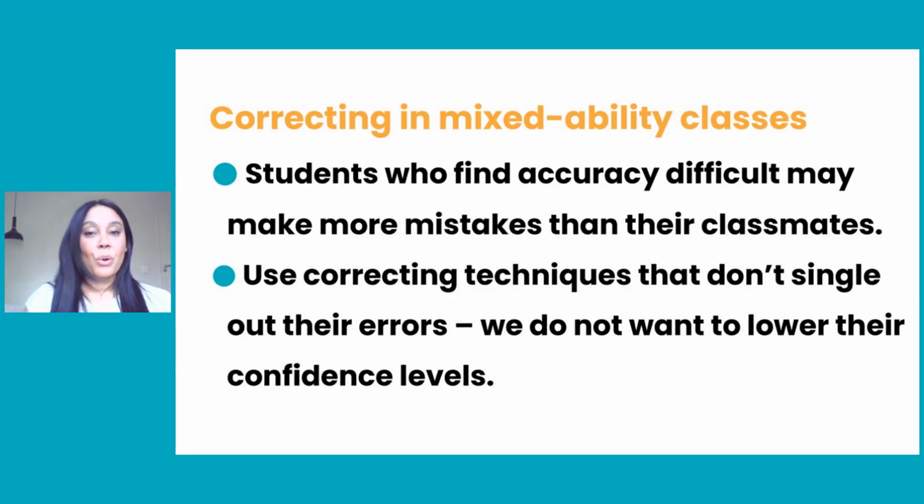Taking notes of the whole class's errors, writing them on the board afterwards, as I said earlier, is a great way to manage this. So students won't necessarily know who made the error, but they can also practice self-correction as they find and correct the errors themselves. And I find that very often, as I mentioned earlier, the person that made the mistake, they'll know it was them, but they are not embarrassed in any shape or form, and rather thankful that you've picked up the mistake and actually corrected it for them.